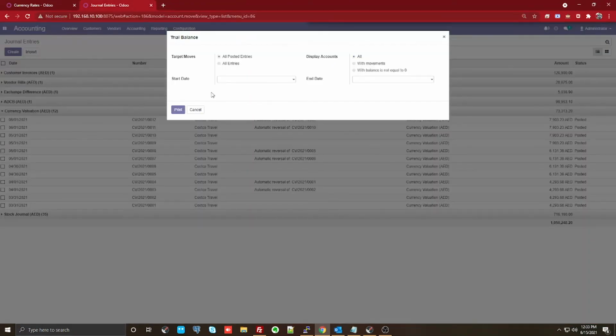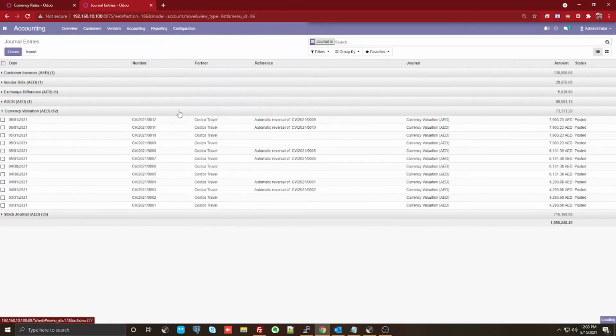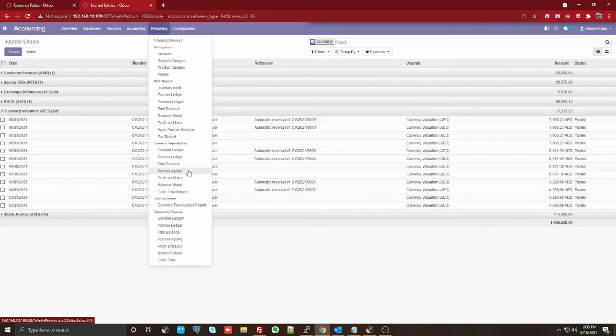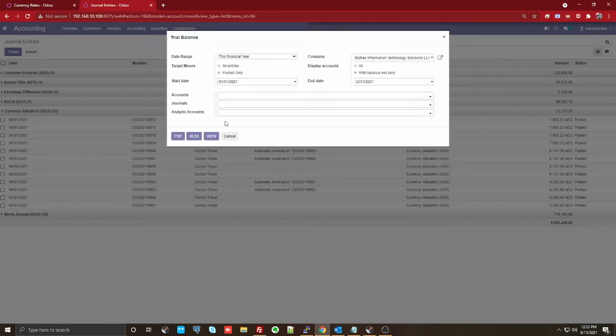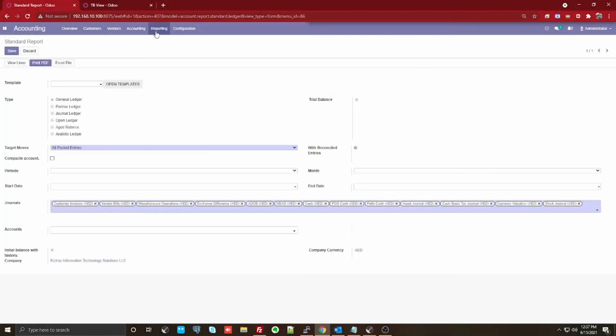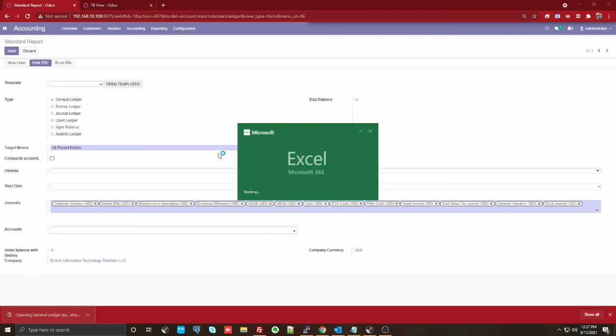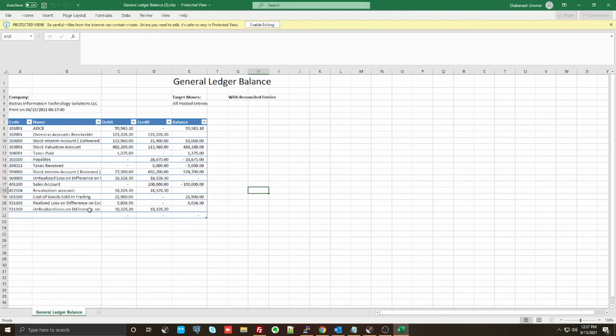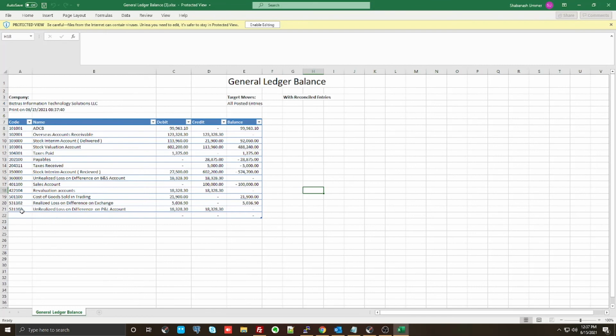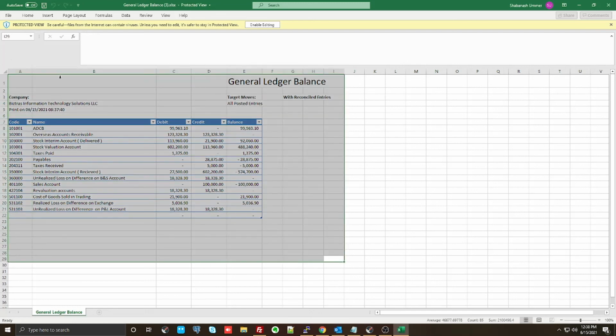So if you really require to see the details, you can always go back and pull out these records where you would be able to get the details on that. There you go. So you can see that all the accounts reflected with unrealized loss on the P&L side of it. Similarly, the revaluation account, your balance sheet revaluation account. So you can get all those details auto-generated from the system.